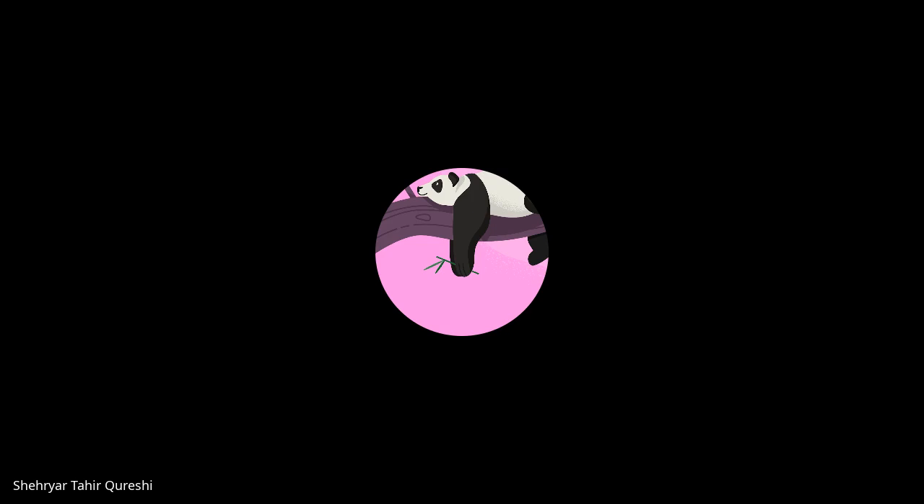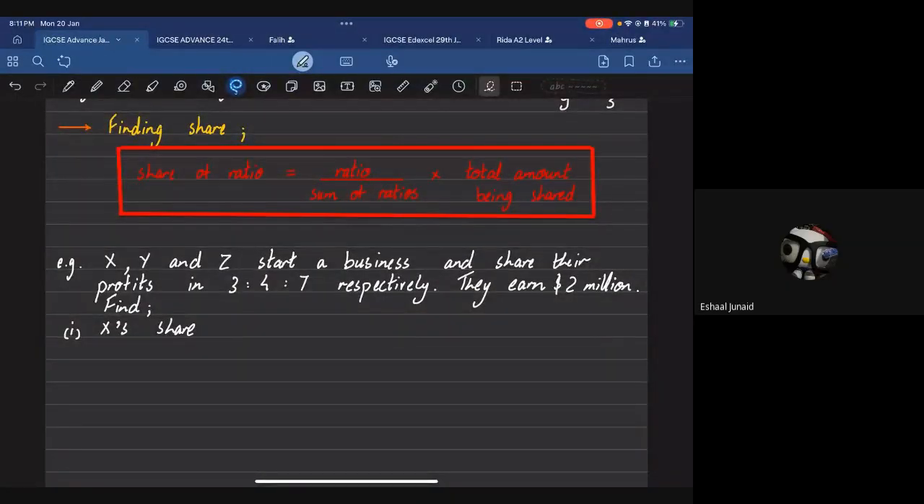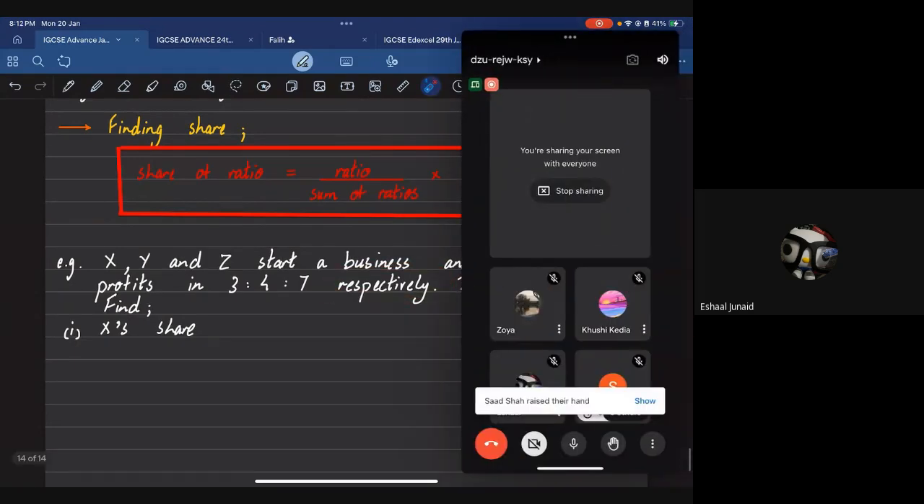So for example, if a certain ratio is given to us. Let's see. There are three parties. Let's just say that X, Y, and Z start a particular business, and they share their profits in a ratio of 3:4:7 respectively. Also, even if it's not written respectively,